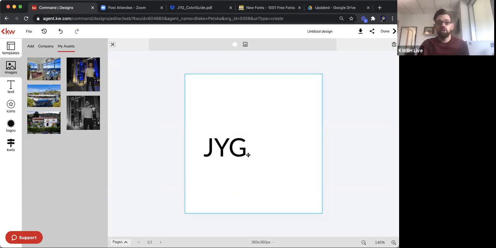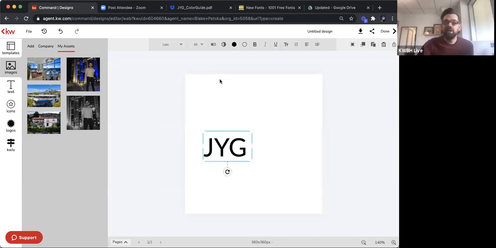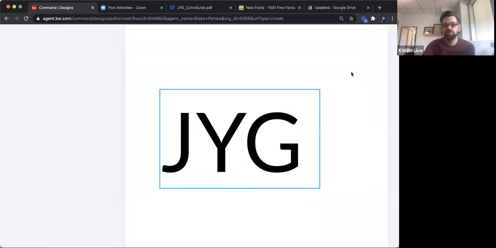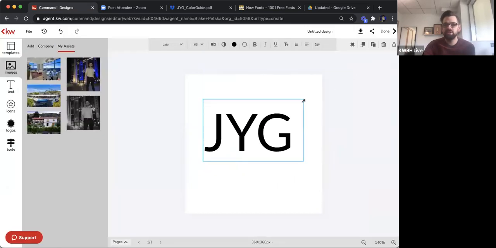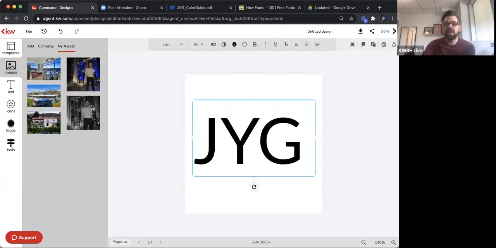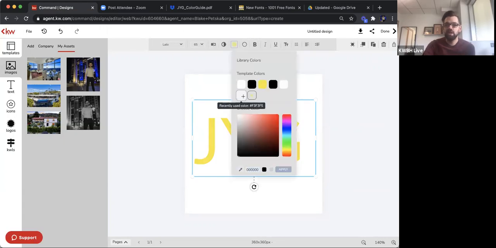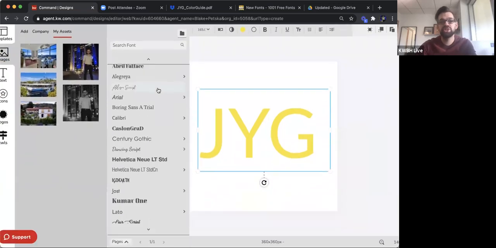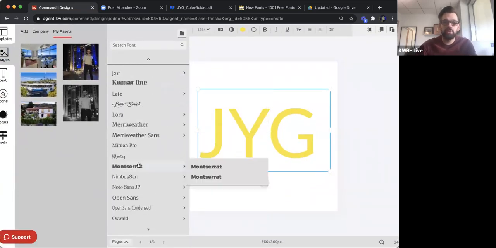All right. So immediately I want to make this a little bit bigger. I could use the size here at the top, but even easier than that, why I love Command so much, if I just take the corner of the text box and drag it out, I can make that text bigger. Really easy to manage that now. Boom. And then any changes that I make up here are going to be applied directly to this. And so let's do that first step here. I actually want to go into the fonts and choose what I've uploaded. So what it was called was